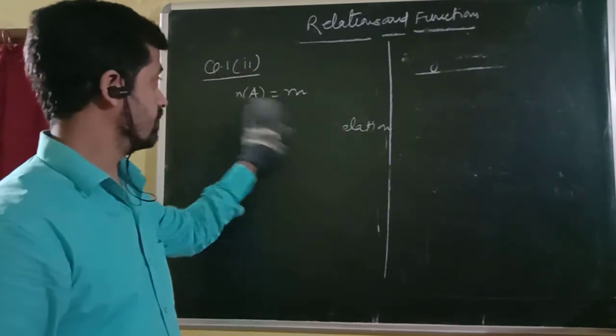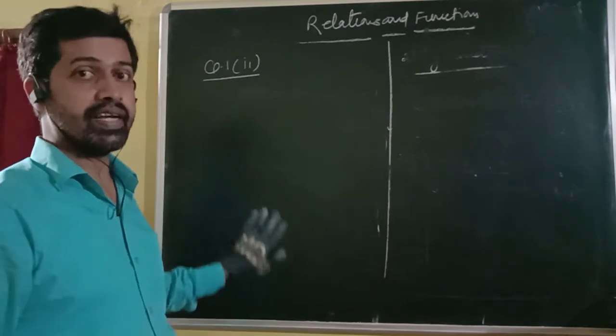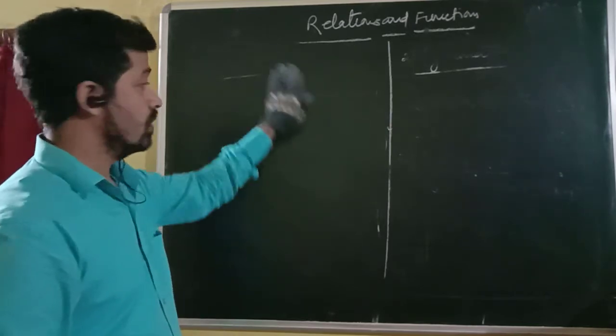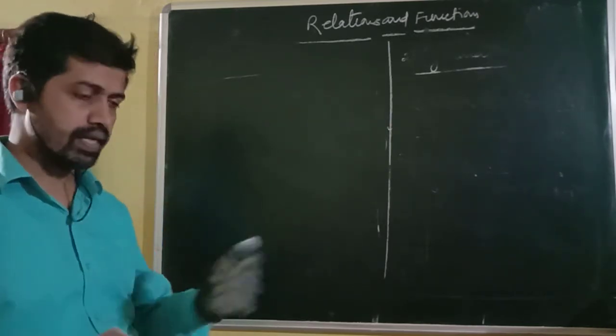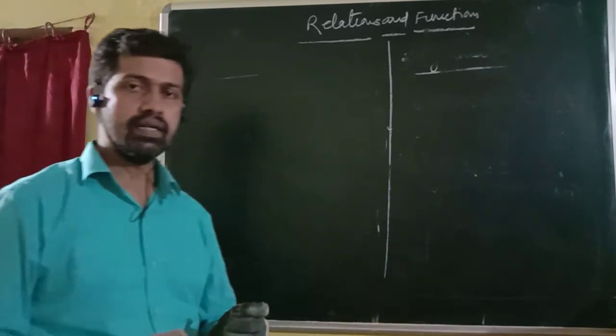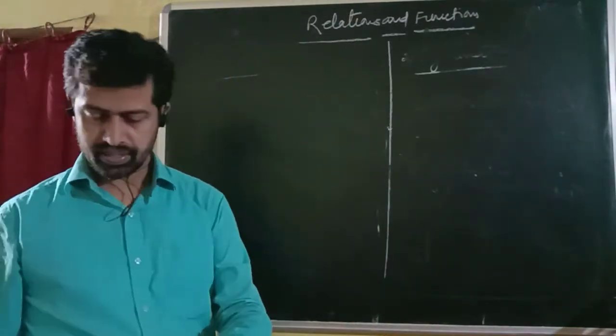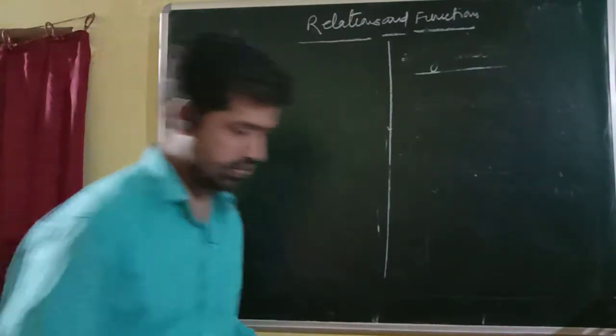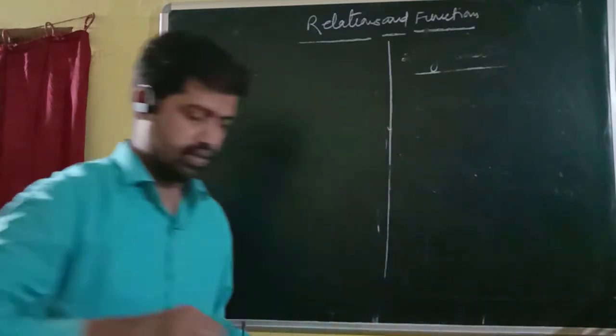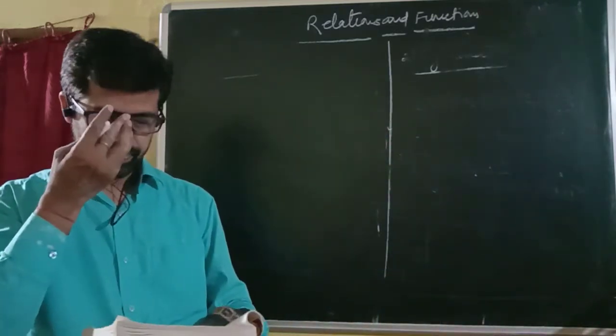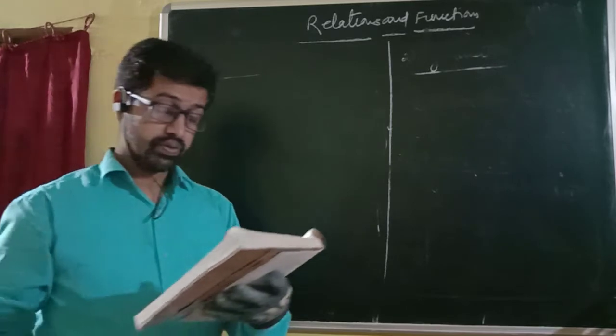Then next one is checking whether a relation is, again, that we have done already. Checking one more example, taking from NCERT. That one is an interesting question. Question number 2 we have.